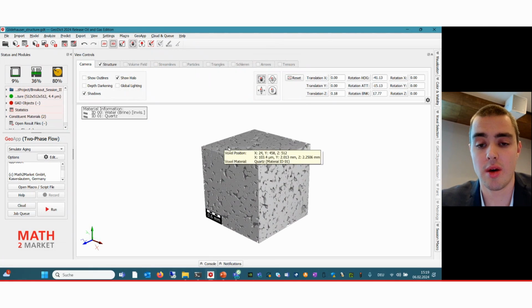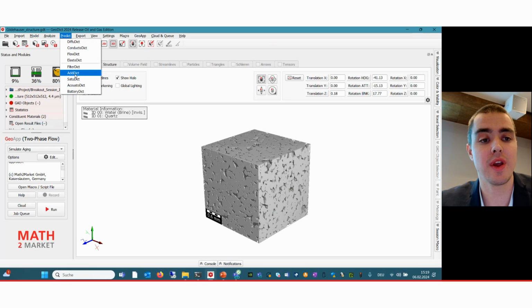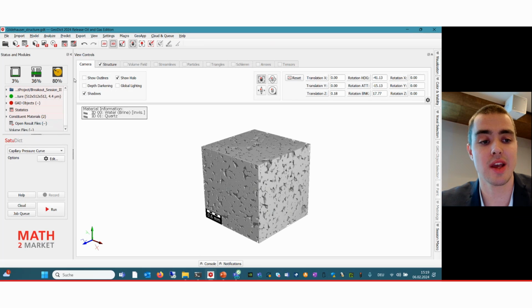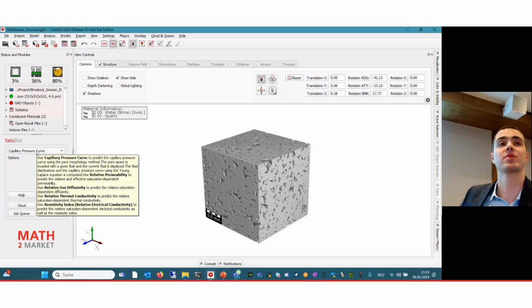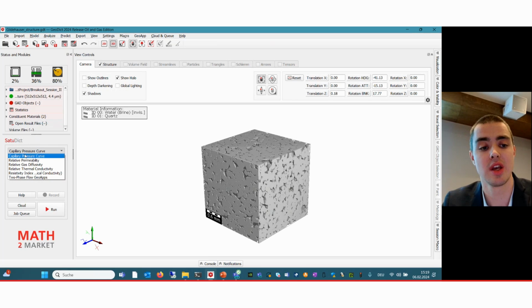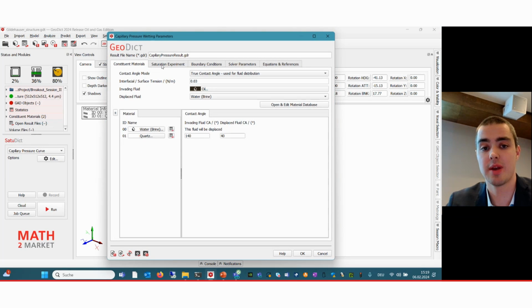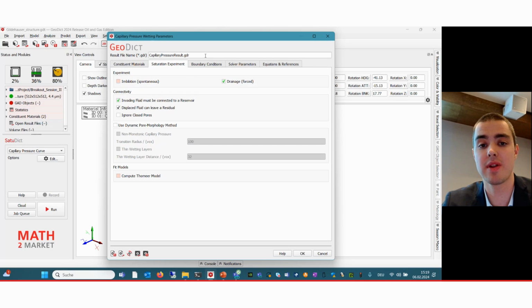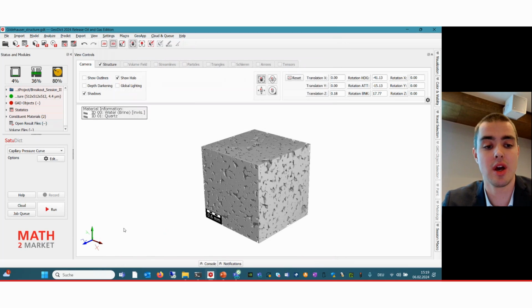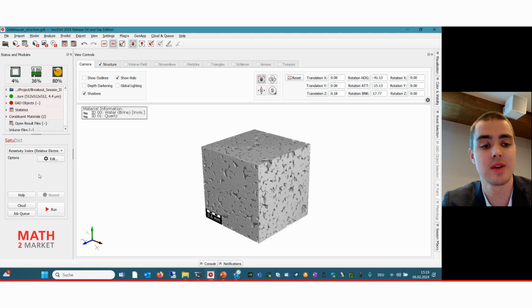Yes, so how the setup would go is, with your rock structure, we would go into the Predict menu and then SetPredict. As I mentioned, the first step is predicting the drainage experiment, and that is what Arne has already shown us in one of his sessions. After the setup of the drainage experiment and running it, we would then go into another SetPredict module called Resistivity Index, and then go into the setup.